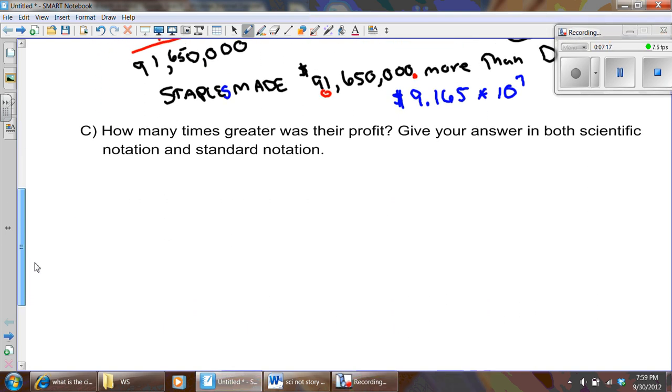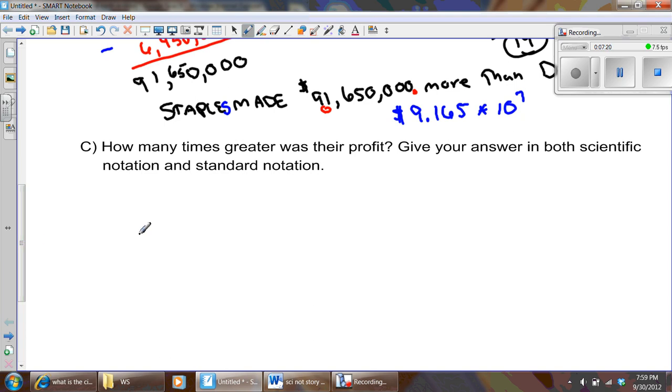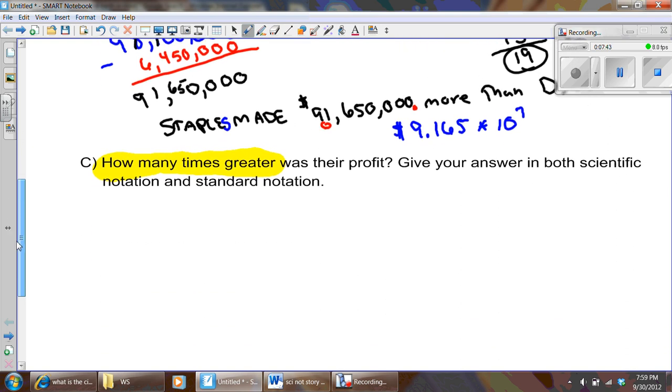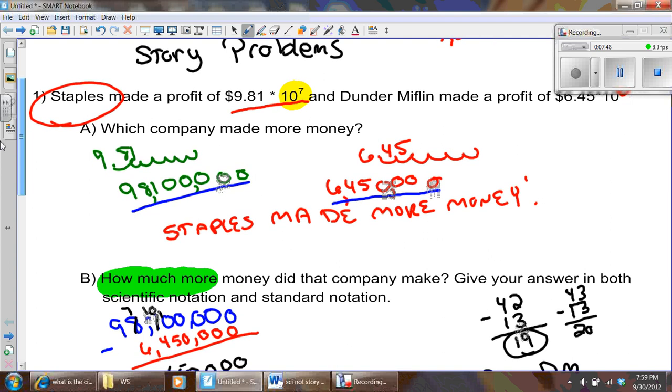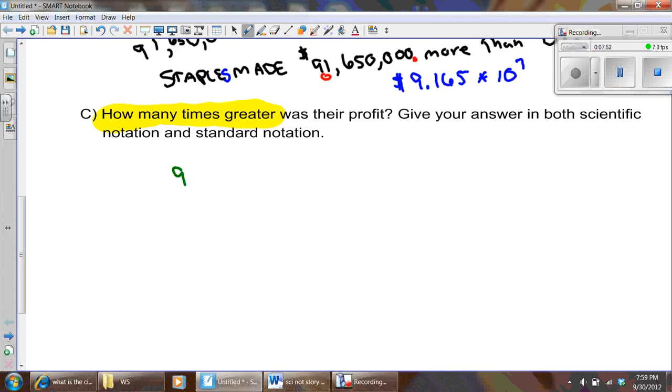All right. How many times greater was their profit? Well, how many times greater? Some of you are going to think to multiply, but since we want to know how many times greater, it's actually a division problem. I'm going to take the profit that Staples made, in scientific notation, which is up here at 9.81 times 10 to the 7th. And I'm going to divide it by,